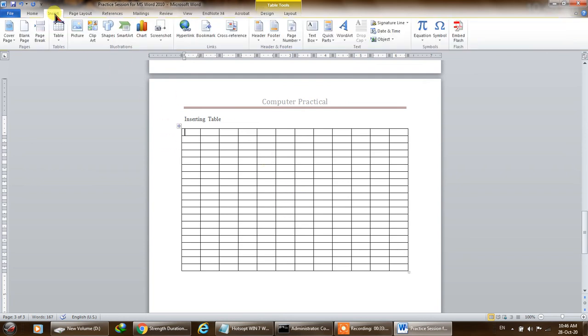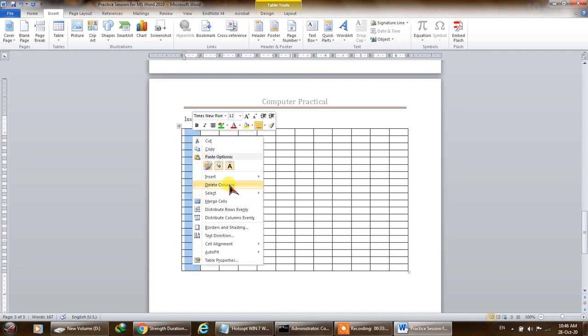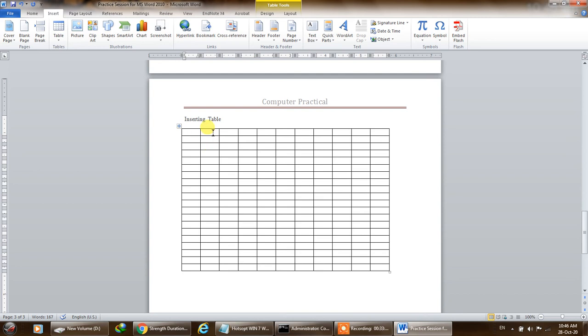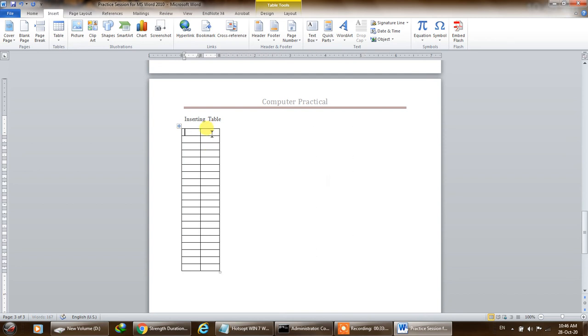In the table you can remove columns. You can see I have removed so many columns. Now I have been left with only 2 columns.